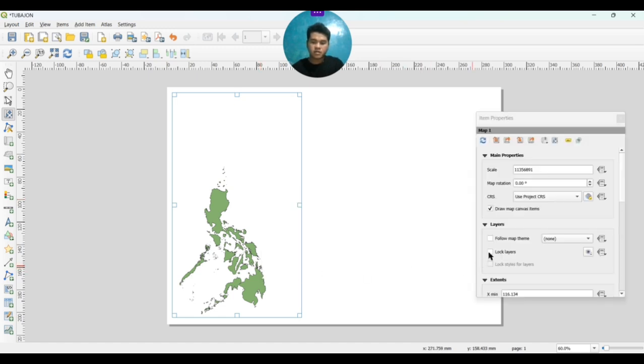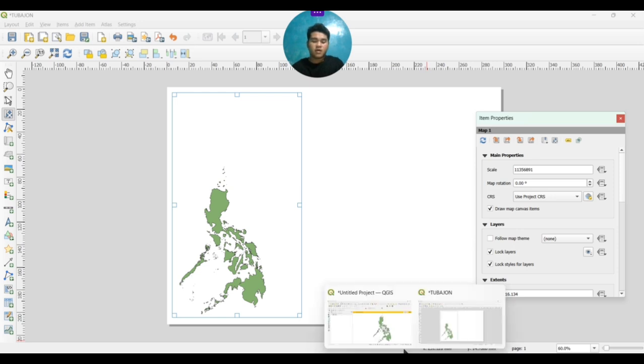I just move my cursor to help you keep on track. Here I just click Lock Layers and Lock Styles for Layers, so that the map I have already done will not be destroyed when I do something with it.